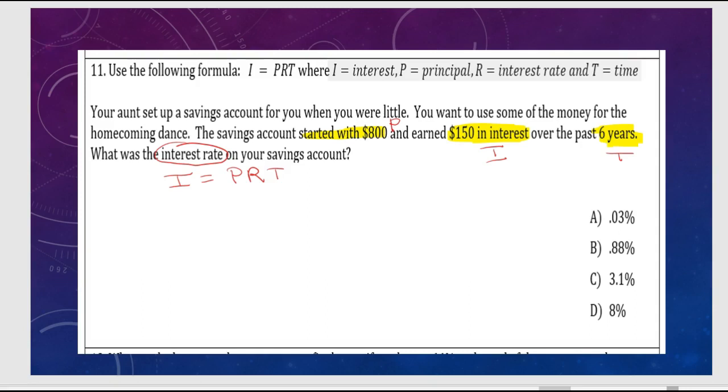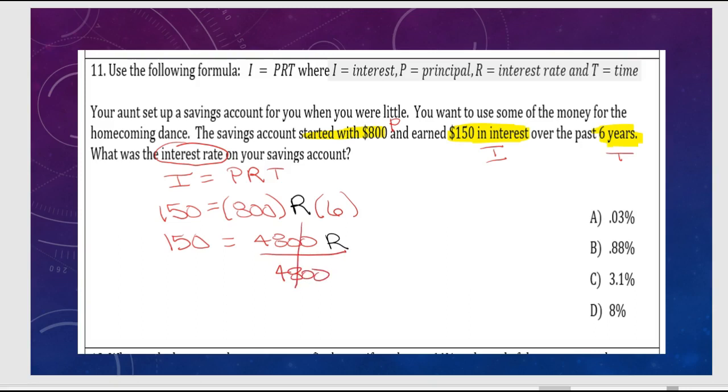So let's plug in what we know to find what we don't know. So I is 150. The principal, which was the original amount in the account, was $800. We're looking for R, and then the time is 6 years. I'm going to use my calculator if you need to and simplify the right, so make those two numbers 1 through multiplication, and 800 times 6 is 4,800. And I'm still looking for R. So I need to move a multiplied 4,800 by dividing by 4,800. Whatever I do to one side, I have to do to the other, and R is going to equal